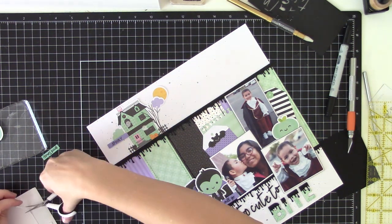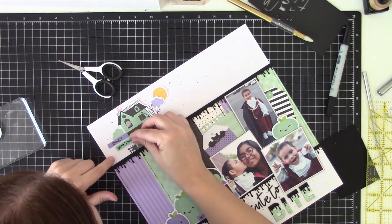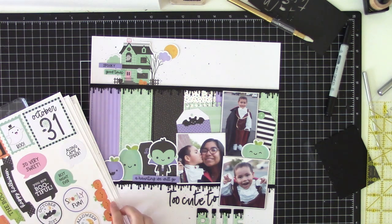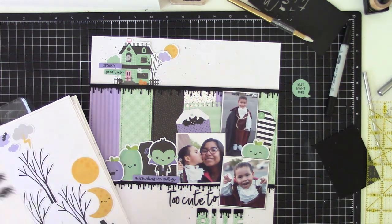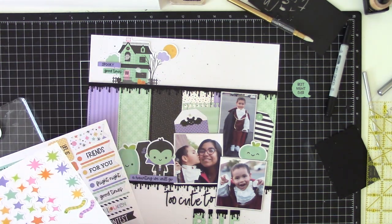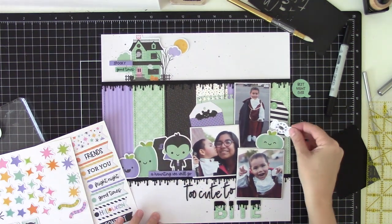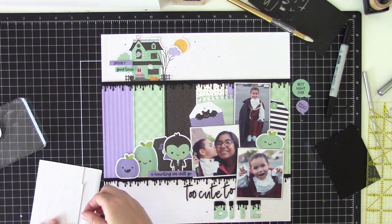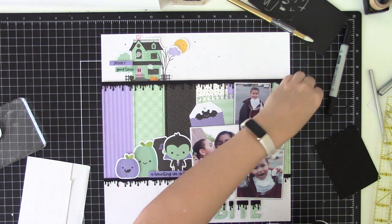And then this is where I go back to things like the sticker sheet and the die cut pack, and I start finding more elements. I start looking at things that are smaller, like little phrases, little speech bubbles. And again, I'm looking at the size and I'm looking at the color. I kind of bypassed all those stars for some reason. And I really thought about trying to fit some candies in there. Overall, I was like, no, I think I just want to do these two little speech bubbles, some of these phrases, and